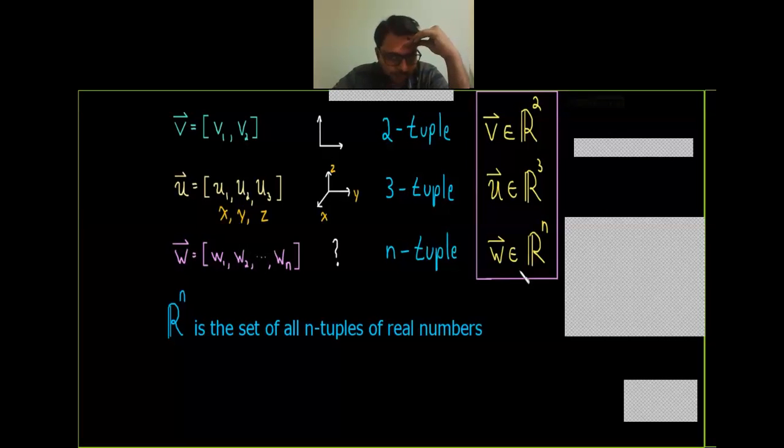Now what is the statement that I am making? Please listen very carefully. Till now we know that v has two components, v1 v2. u has three components, which are ordered components or an ordered list of real numbers, and w has n components. Now let us consider the first case, that is vector v. What I'll say is, v belongs to space R2. This is my statement.